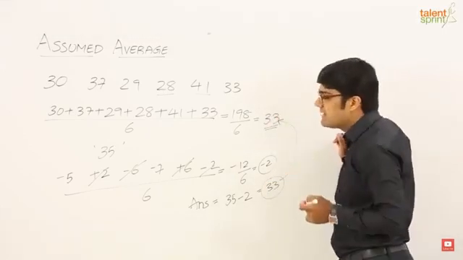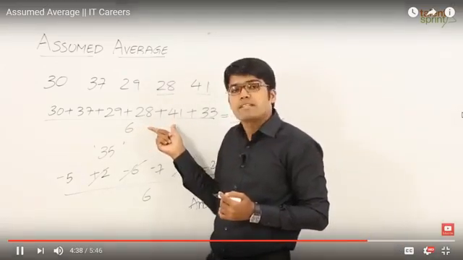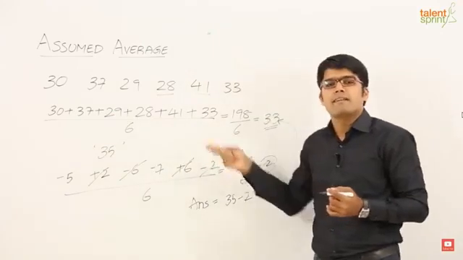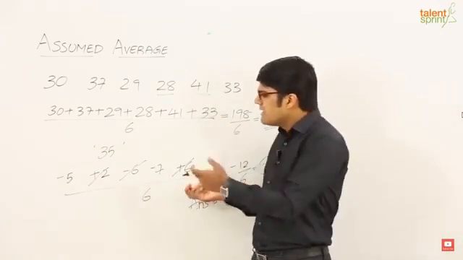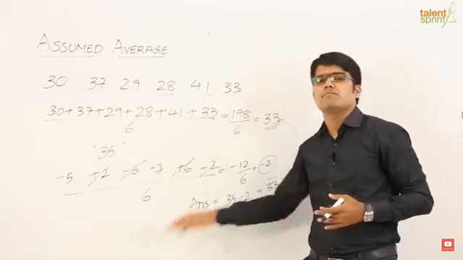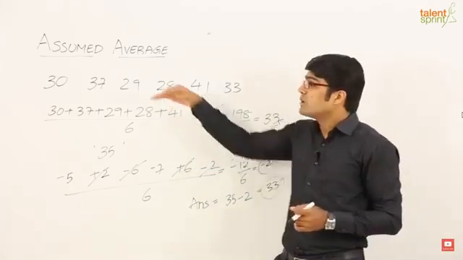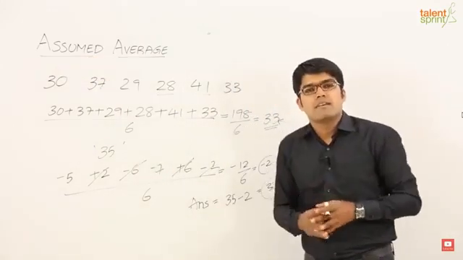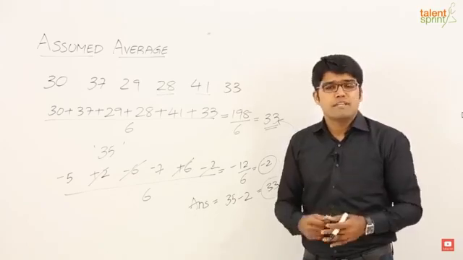But the difference, as you can observe, is the calculation, right? This would definitely take more time when compared to this calculation, because here we have larger numbers to be added and then divided by 6, right? The sum has to be divided by 6. And in this case, you see that some of them get cancelled, but even if there are no cancellations, we can do this calculation much faster when compared to the original one. So this is how the concept of assumed average or assumed mean will help us do this calculation with respect to average much faster without any difficulty.